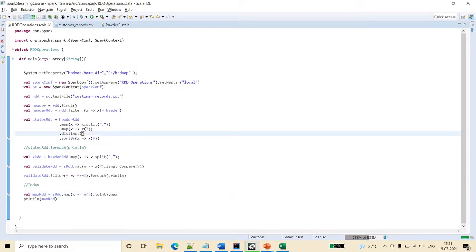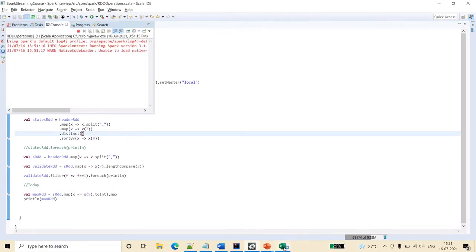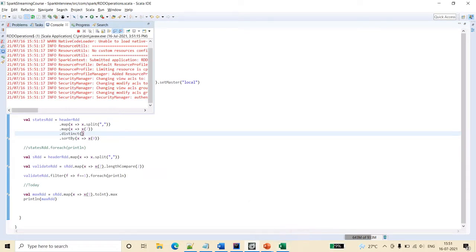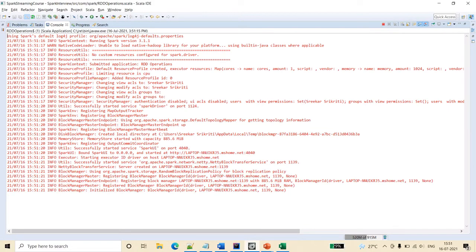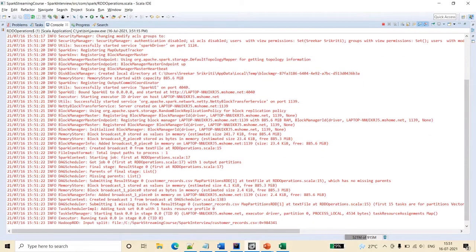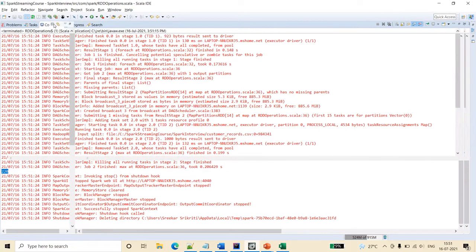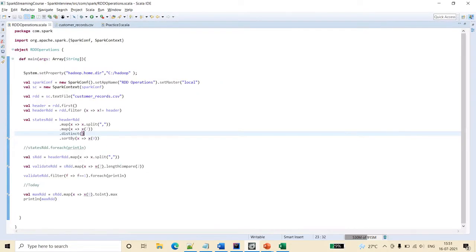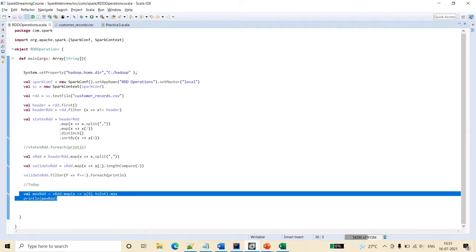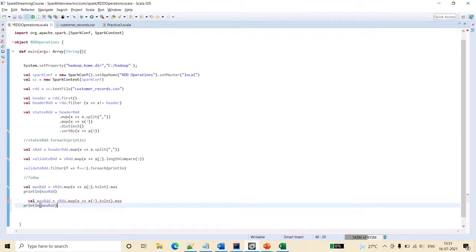So now let me run the same code, friends. We will see the clear difference. We just checked in the Excel that 220 is the maximum value. Now we will compare the output. Here you can see, 220. Similarly, if you want to get the minimum, we again have a minimum function.